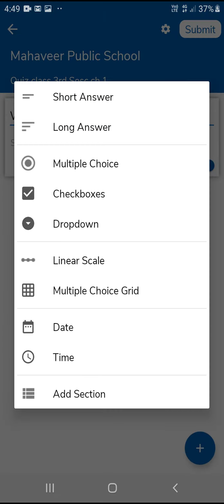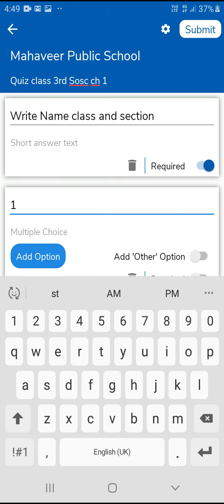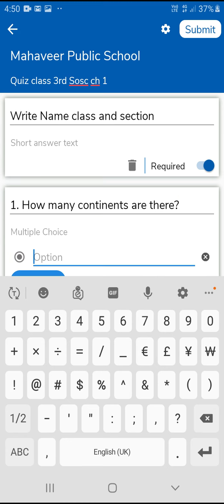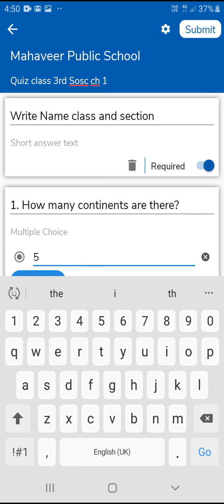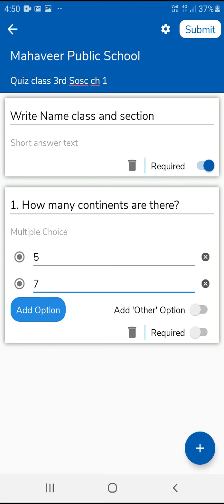Then I'm adding the second question, starting with the multiple choice questions. So my first question I'm writing here, how many, whatever. Obviously, questions you give are of your own choice. I'm just going to give 2 questions. Then I'll be adding the options. First option, then see, as I'm doing it on my phone, it takes a longer time because the screen again and again just moves.